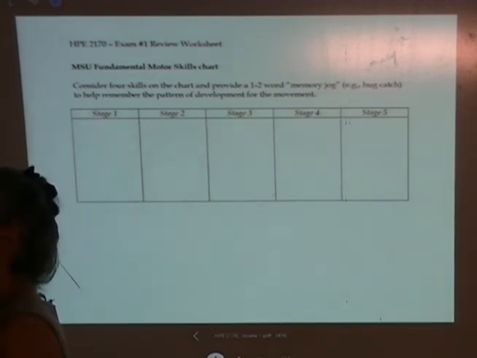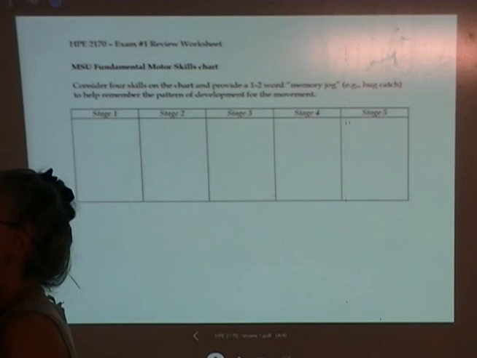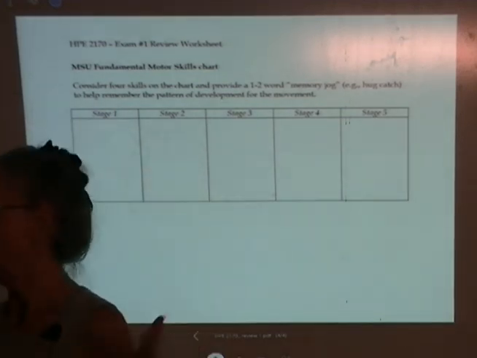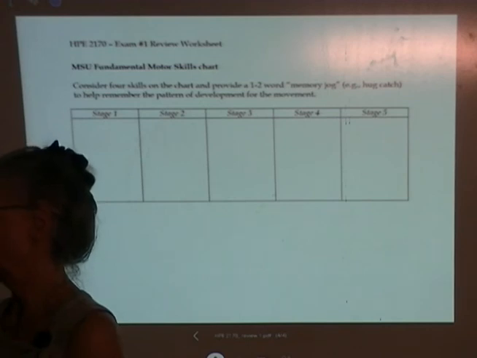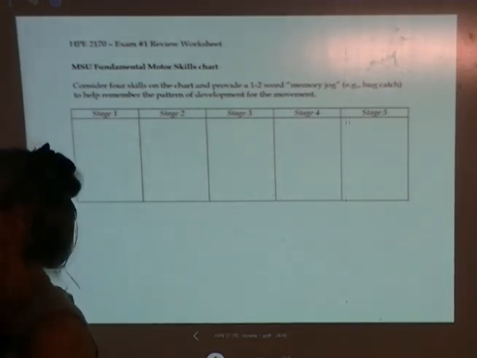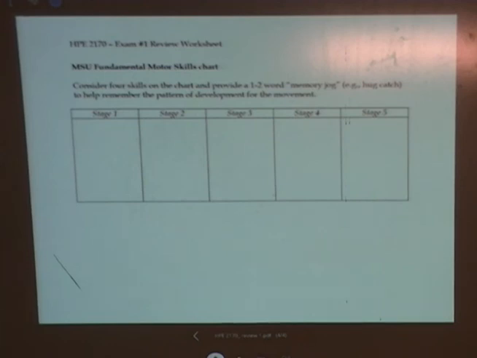Try as best you can not to rote memorize, all right? Because that's bad for several reasons. One, if you're memorizing, not learning, then as soon as you're done with the exam, you're going to forget all this information, right? And I want you to start absorbing this information because it will dramatically change how you teach